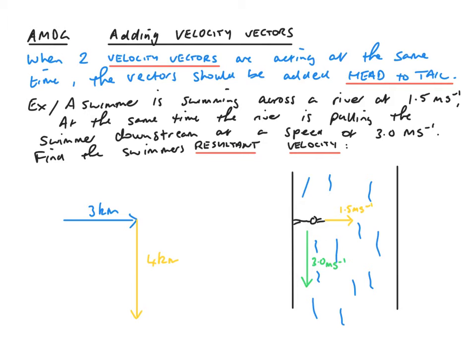Okay, so there's your start position there, and as the person walks out that displacement, the next displacement vector then